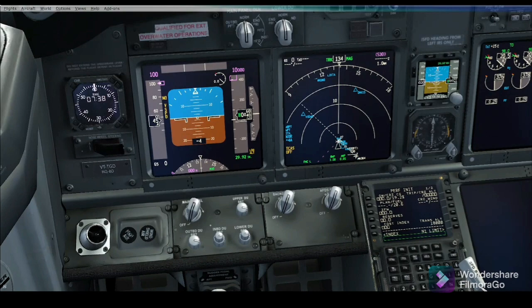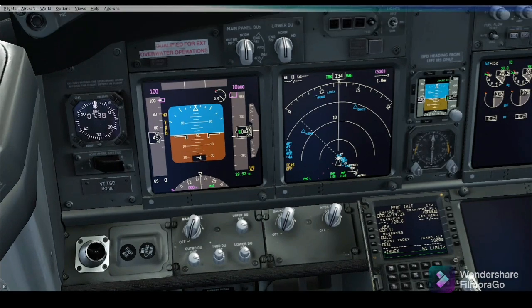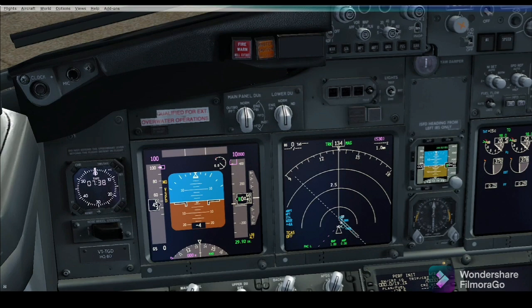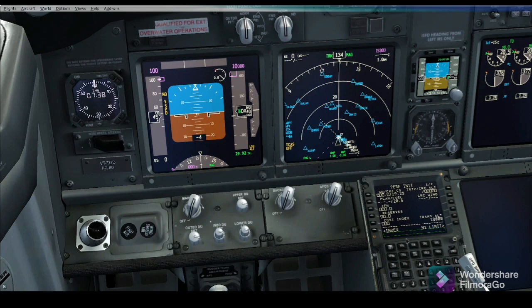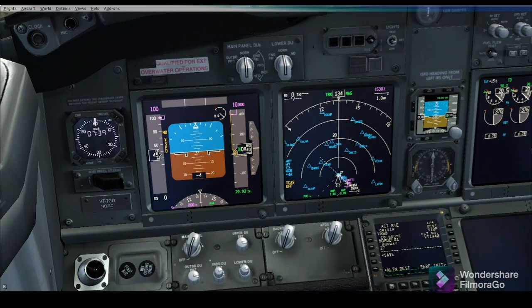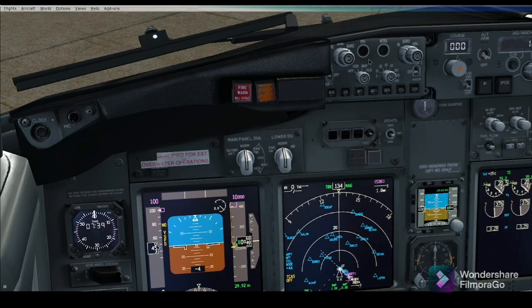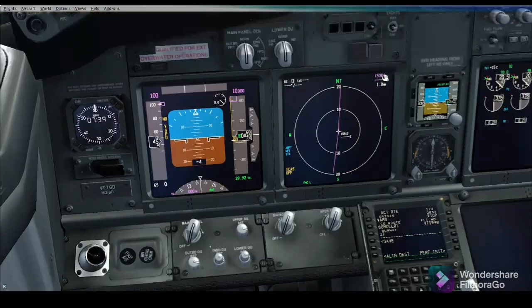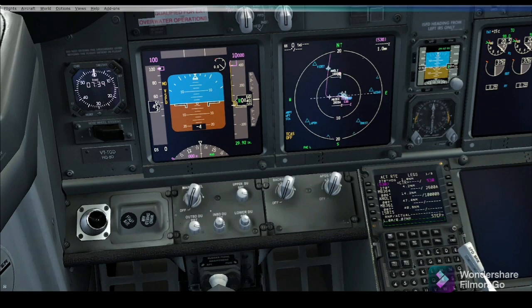Now you can see the flight route on the EHSI, but it is not in the active position. Once I activate my route and execute, my route is activated. I will show you the legs from the FMC. The dotted line indicates the runway line.